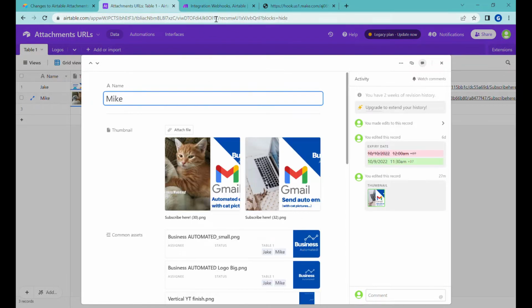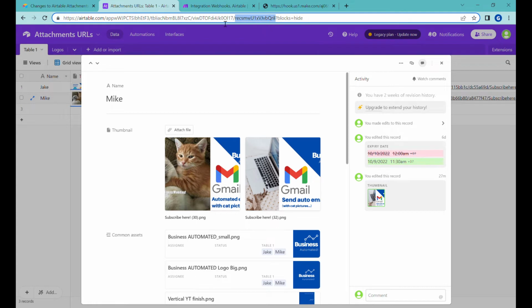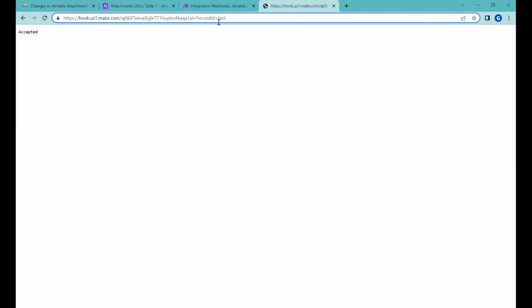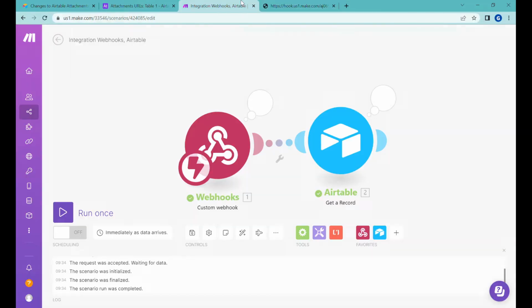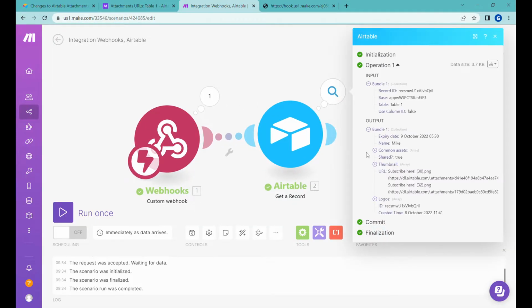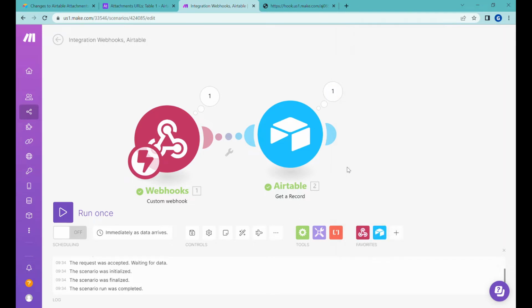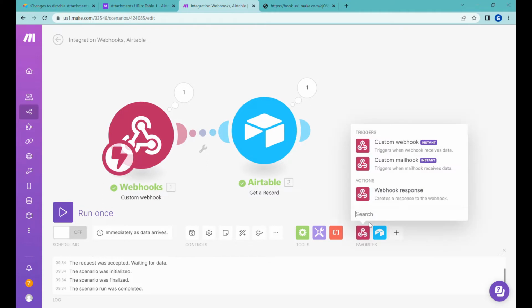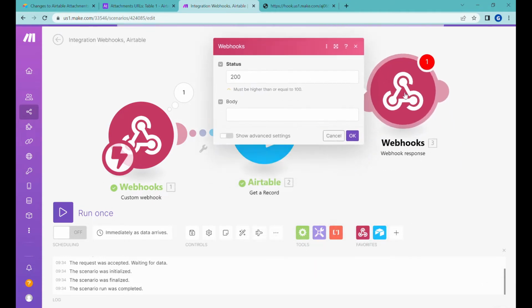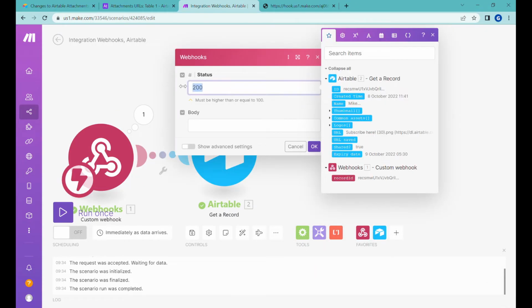So I'm opening the details of the record over here. And here you can see the last part is actually a record ID. So I will make a test over here. And you can see that Make has retrieved the details of that particular record. So what we will do right now, we will add another module which will be called webhook response. And what we will do over here, we will set a status called 302, which will be a redirect, and